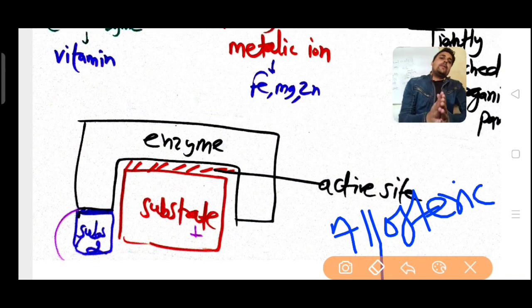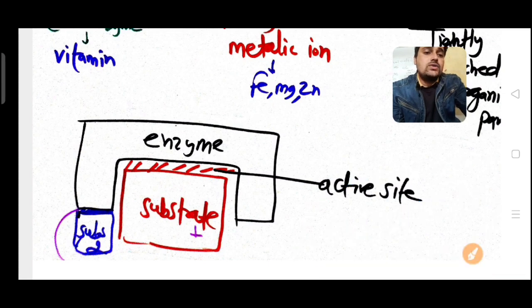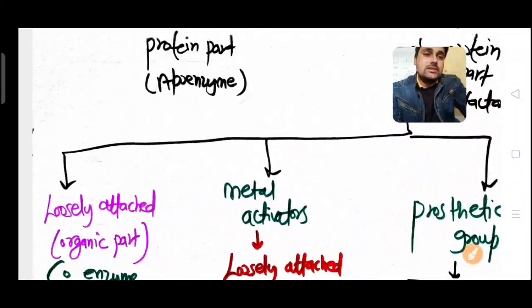So I want to say that an enzyme has very specific amino acid chains and a very specific substrate will bind on that specific area. That area is called the active site. And if your substrate is not binding on that site but on another part of the enzyme, then we call that another site the allosteric site. So this is all about your enzyme structure.